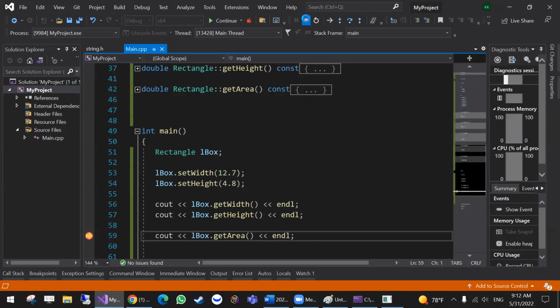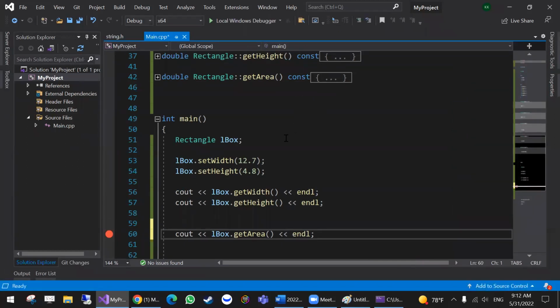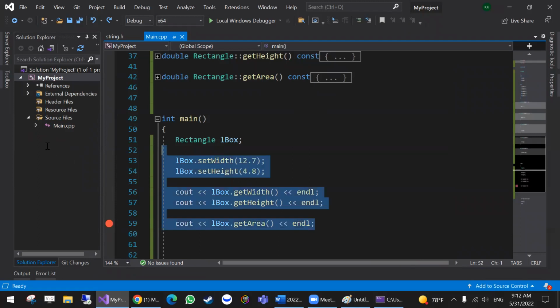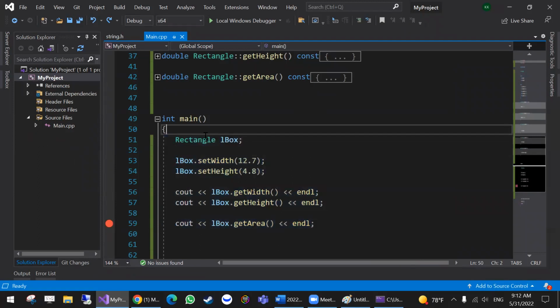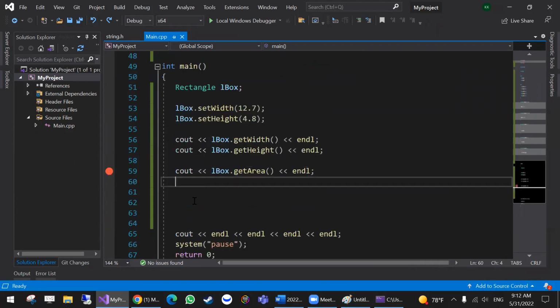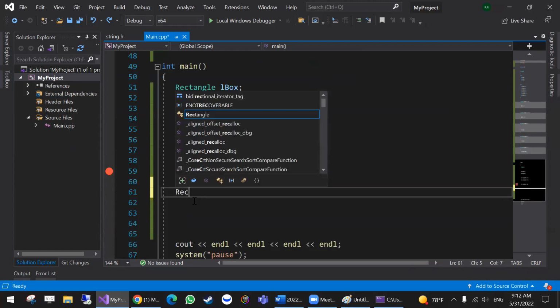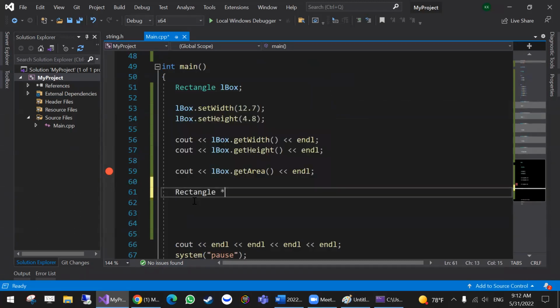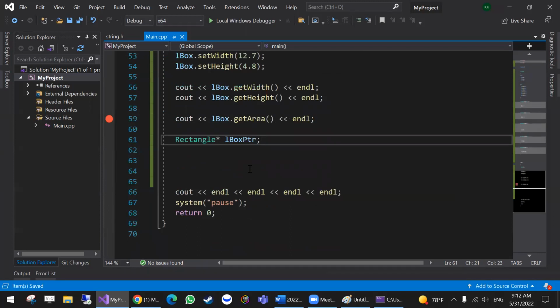They are telling you in brief that, hey, you can also use pointers to objects. So the same way I used an object, I can say, hey, I would like a rectangle pointer, lbox ptr. So just like an integer pointer, box pointer,